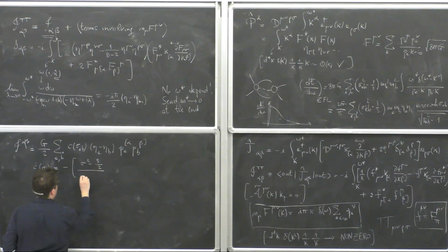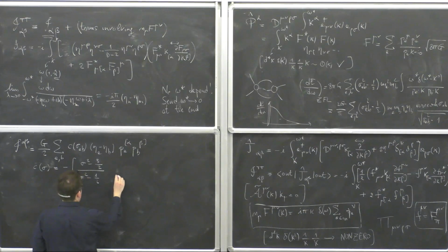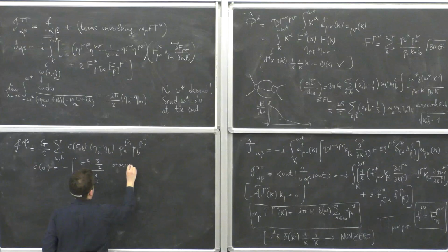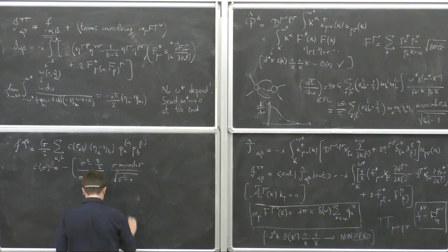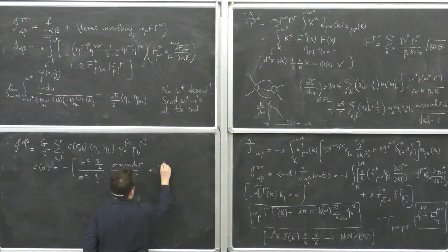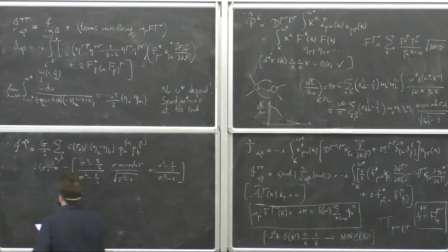3/2 minus 1/2 and sigma arc cosh sigma divided by square root of sigma squared minus 1 plus... There we go. Okay, so now we could worry that we didn't do really anything yet because we still have